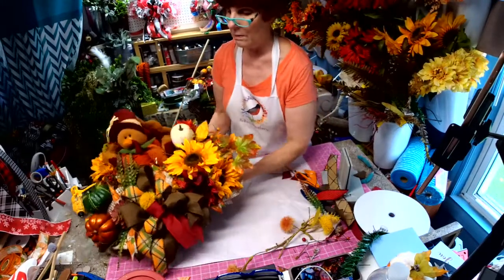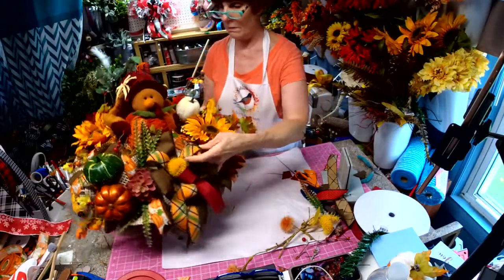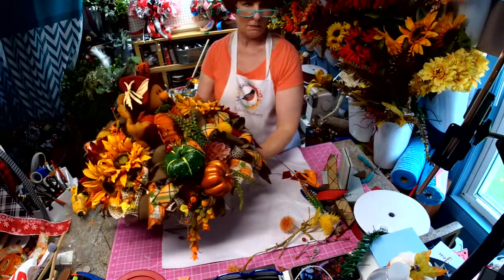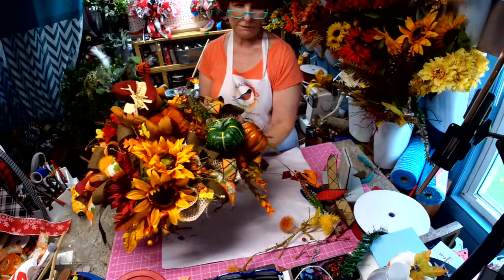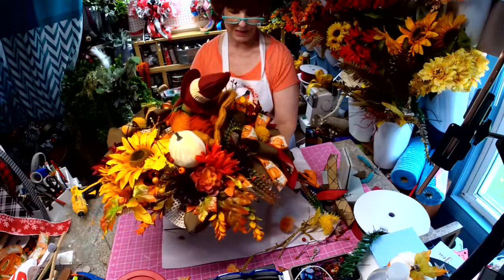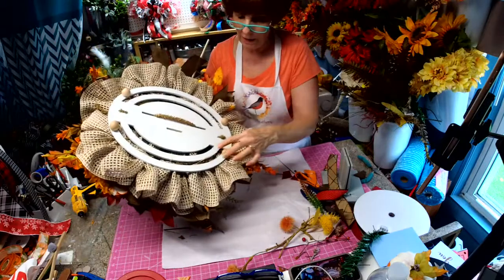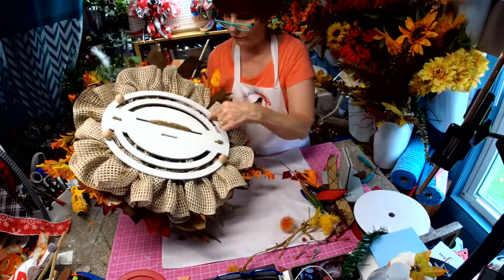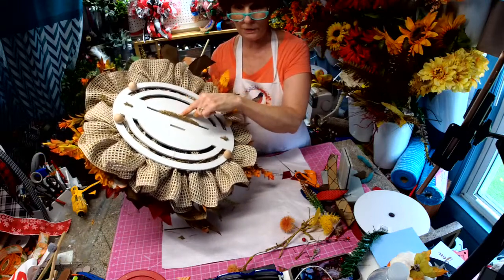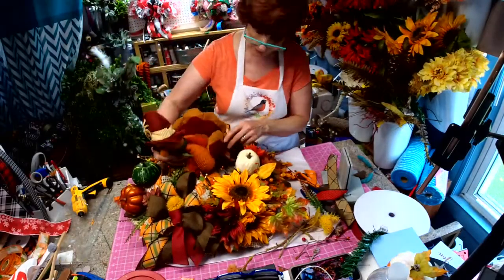Done. Let's shake it. Yep, nothing's coming off. There we go. Alright, so let's just turn it around. The thing that would fall out would be the turkey. But I'm not going to shake him upside down. But see, I'll hold him in place. Alright, 1, 2, 3, 1, 2, 3. If I remove those and remove this underneath where the turkey is, well, actually, I'll probably leave this there because all I have to do is pull the turkey out